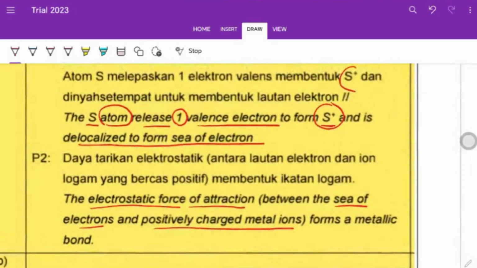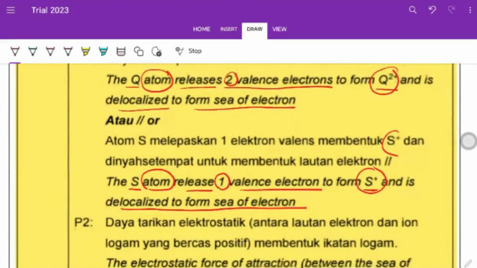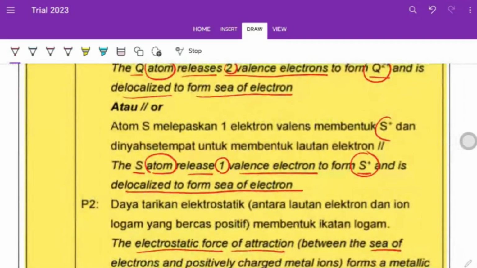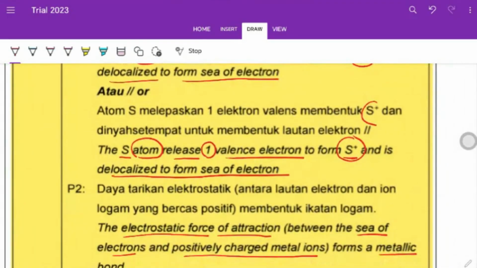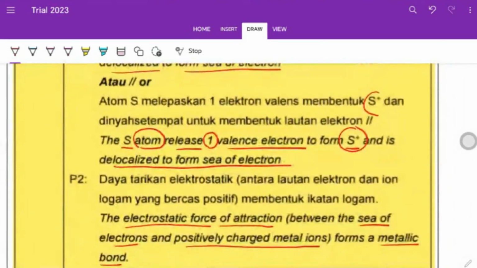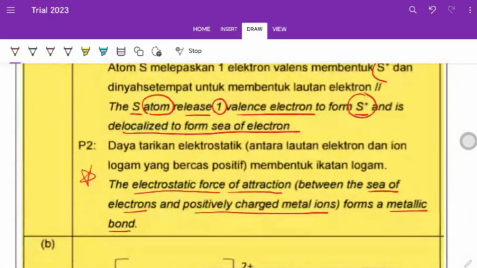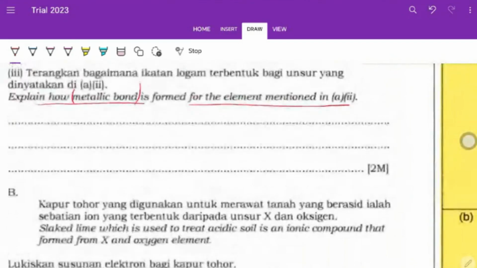Choose one only to form the metallic bond. Because here you can choose Q or S, no? Depends on you which one you choose. So for the metallic bond, you need to mention these two points. Okay. Next,